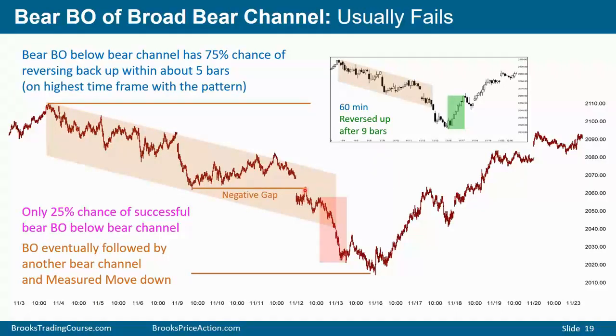We have a breakout and we have a reversal attempt, and it went a little bit above that low, but not much. So there's some overlap. Instead of a gap between this high and that low, I call it a negative gap. But negative gaps usually also lead to measured move projections. And therefore you can look at the midpoint of the overlap between this pullback and this breakout point and project a measured move down. And you can see the bears took profits at around the measured move target.